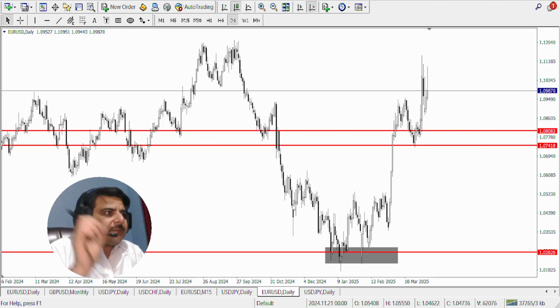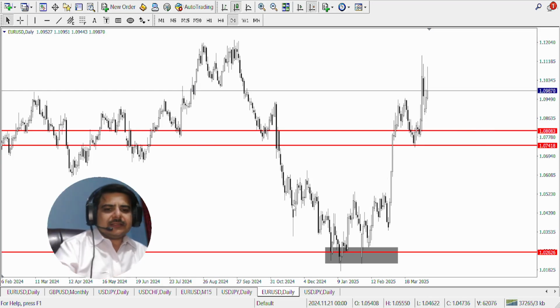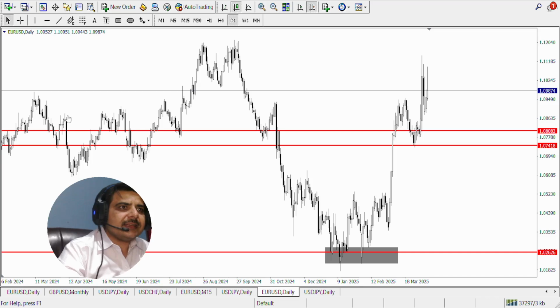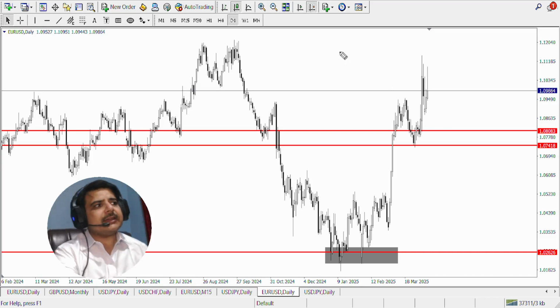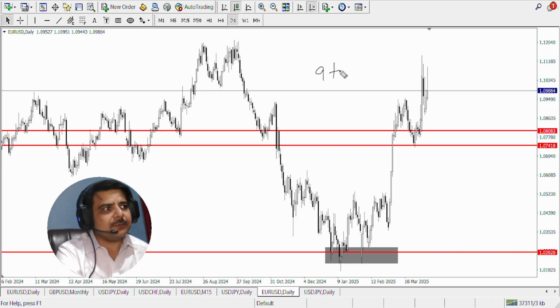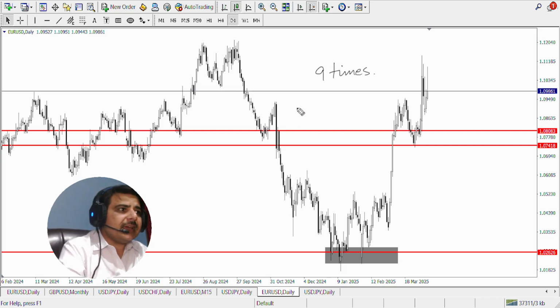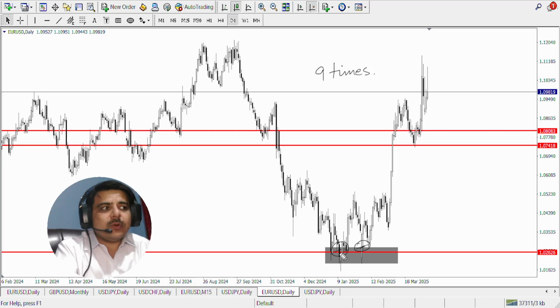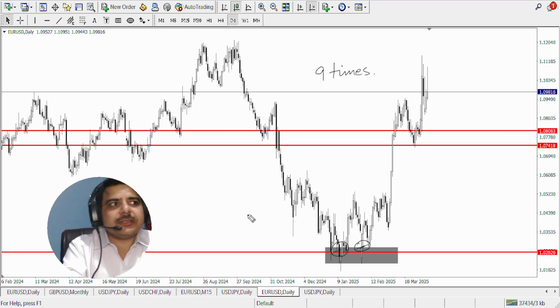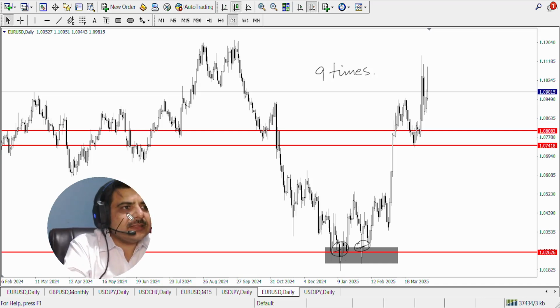So remember my friends, there is one thing, and that is there are a total of 9 time frames. Now pay very close attention right here. Total 9 time frames, right? And I want to tell you that this whole setup that I took all the way from here, where did it form? It formed on that monthly correction, right?